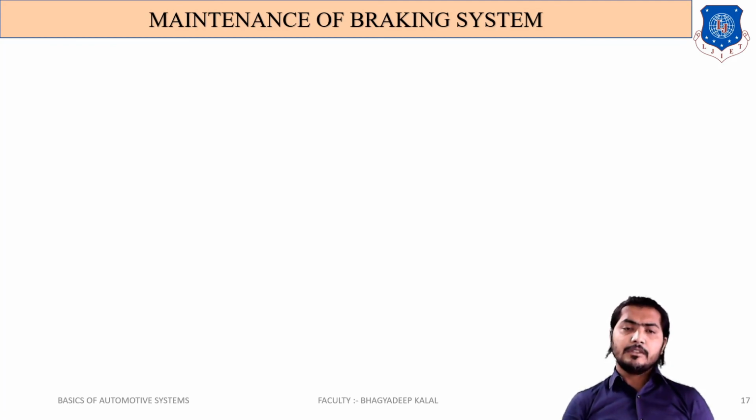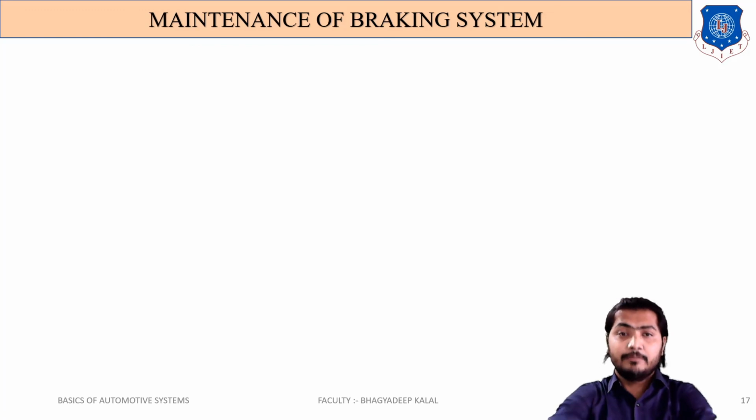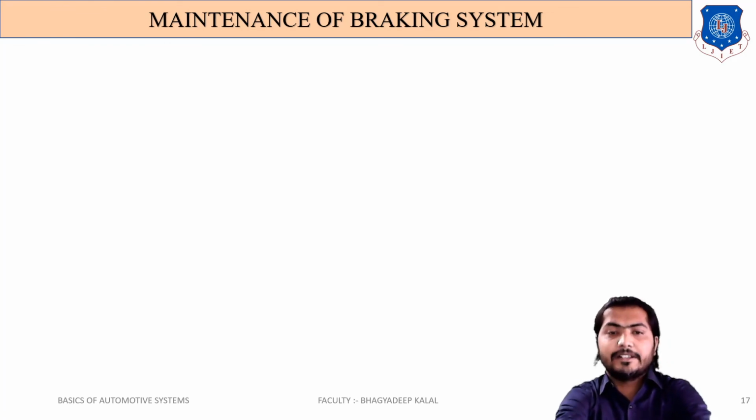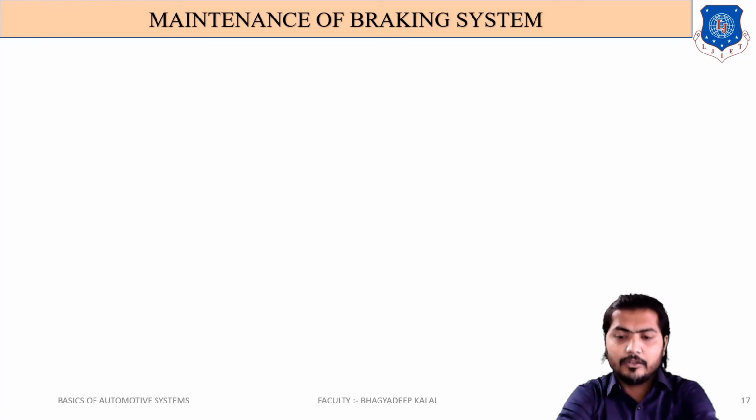Okay, so various points we can write in the maintenance of the braking system. According to the braking system, you require maintenance like the fluid being changed. Okay, the viscosity of the fluid should not be less than our criteria. Okay, the heat carrying capacity, or we can say the boiling capacity of the fluid. Okay, the hydraulic fluid or braking fluid will be changed monthly or whenever required. Okay, this is the maintenance of the braking system.